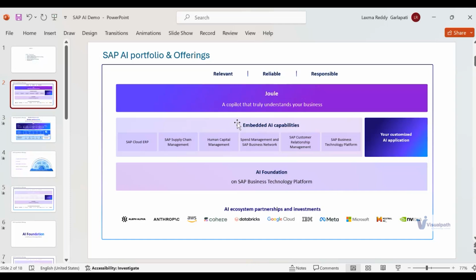But then, how do we build our custom applications, like your Z programs in ABAP, right? This is possible through SAP Business Technology Platform with the AI foundation, which is completely built on SAP Business Technology Platform. This is where we will also cover what SAP Business Technology Platform is, the overview of BTP, and how to build a simple SAP Cloud Application Programming application, and then a simple Fiori application on BTP, right?